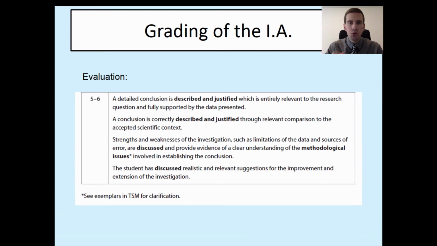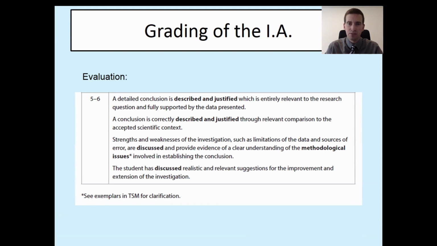Now, as you're going through the investigation, you should have identified any problems and try to fix them. So by the time you get to this point, there shouldn't be so many major issues. But having some minor weaknesses is actually a good thing because it allows you to talk about them, which can get you marks in the evaluation section. So you should be putting what were the good parts and what were the not so good parts about your